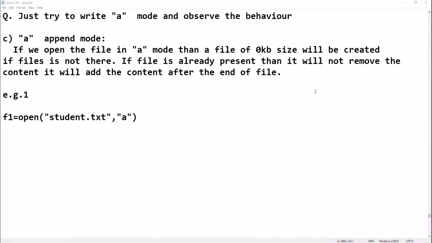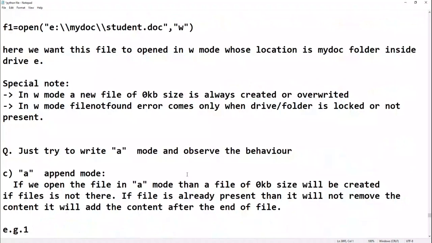That means this drive is not available in my computer. I don't have an F drive. Same thing, if the D drive is locked, password protected, I have encrypted this file, then you cannot open it. Always remember, if the drive or folder is locked, you cannot open it.